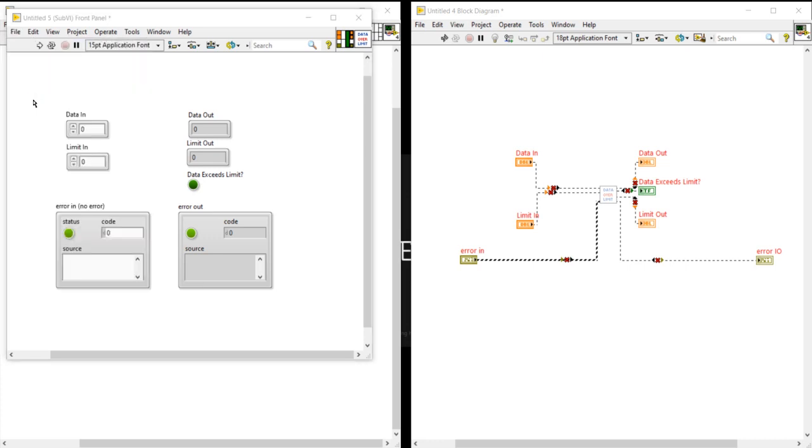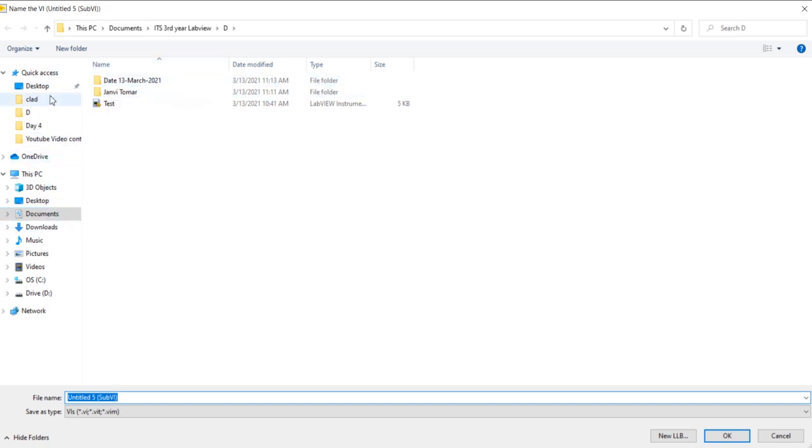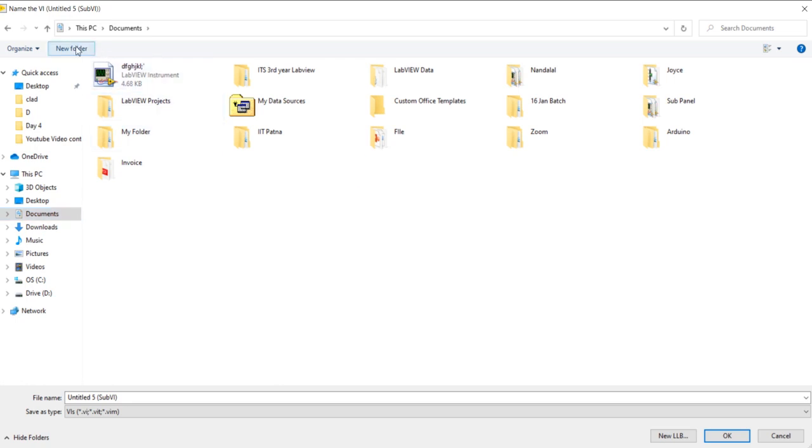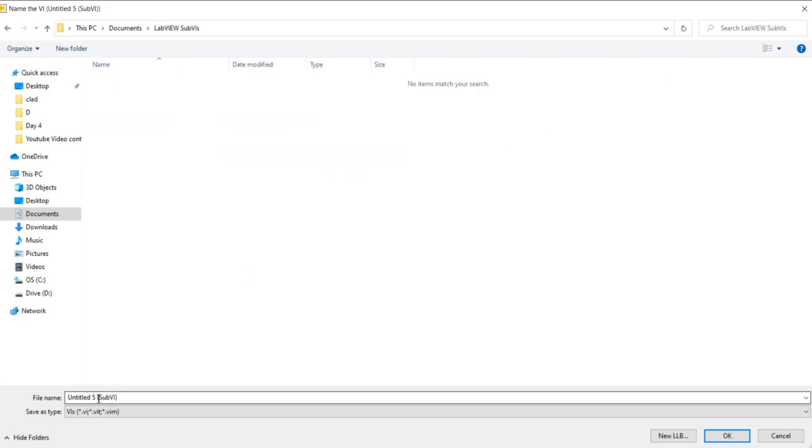Now save here. I will try to save in my documents, LabVIEW sub VI folder. Inside the LabVIEW sub VI folder, data over limit sub VI.